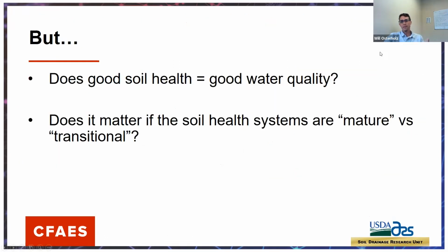So we know that this soil health management leads to improved soil health. Okay, we've seen this multiple places, but maybe the more uncertain question is, does good soil health also equal good water quality? So there's actually surprisingly little evidence to support this connection between good soil health and good water quality. So that's really the focus of our whole project here, is to try to understand if there's a connection here,